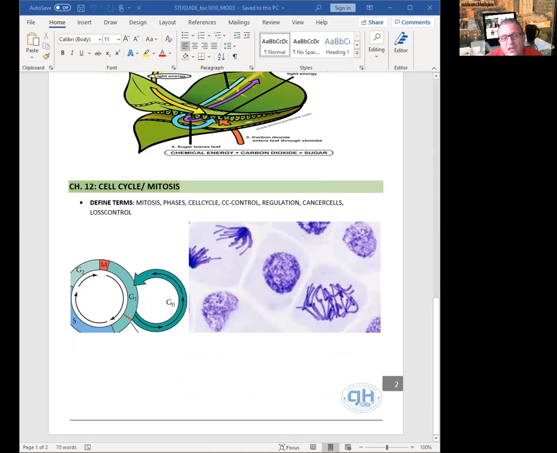We know that the cell cycle and mitosis are so important for plants, animals, fungi, and all organisms that carry out a cell cycle and make new cells from pre-existing cells. There are 5 different phases in mitosis. There is also interphase before that, and there is tight control and regulation of the cell cycle. Otherwise, it could turn into cancer cells and lose control, and they accumulate in a specific location that can